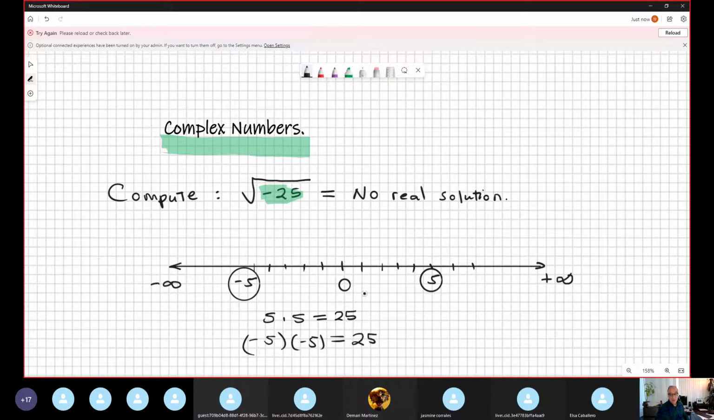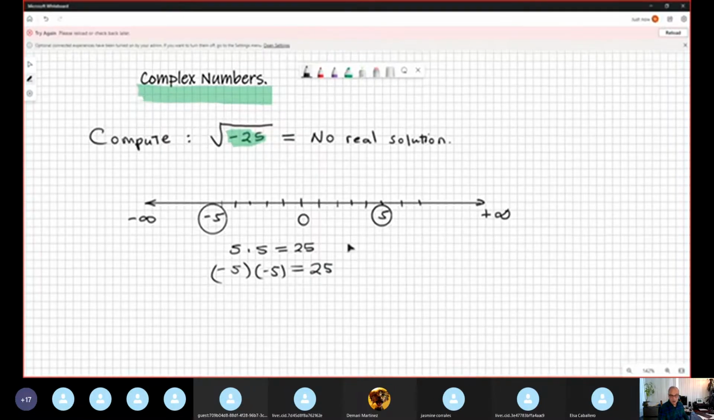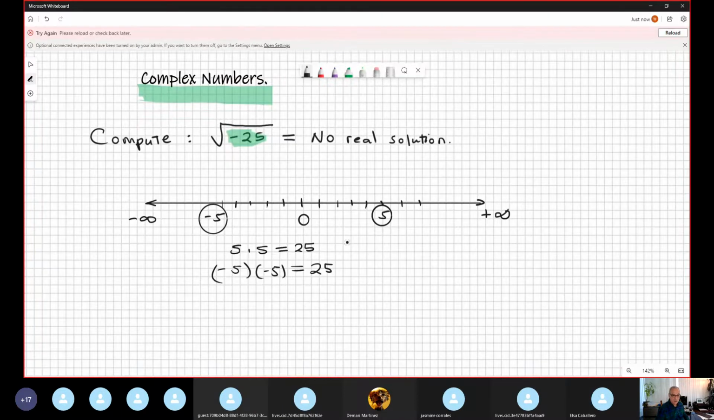Well, okay, no secret. The problem is that the solution of this is not on this line. It's in another dimension. By the way, this dimension is perpendicular to this, but it's not important now. The important thing is that for solving that problem, it's clear that it's not real, so mathematicians create by definition